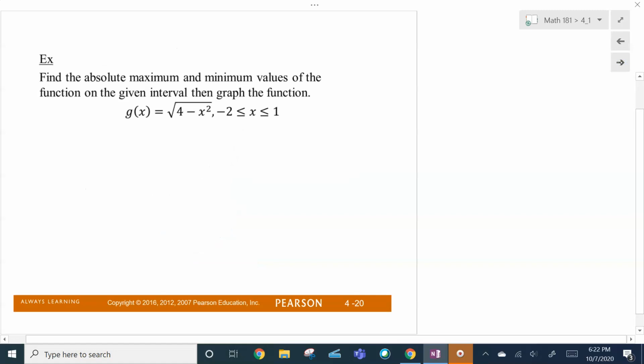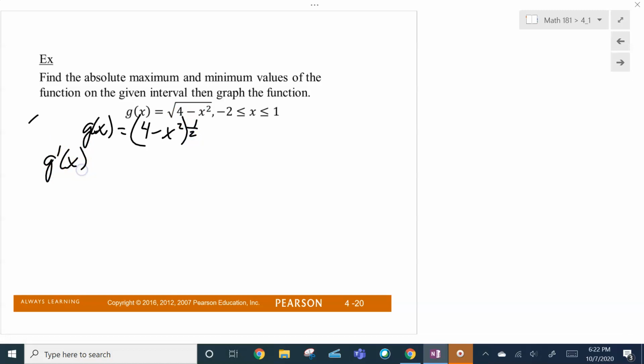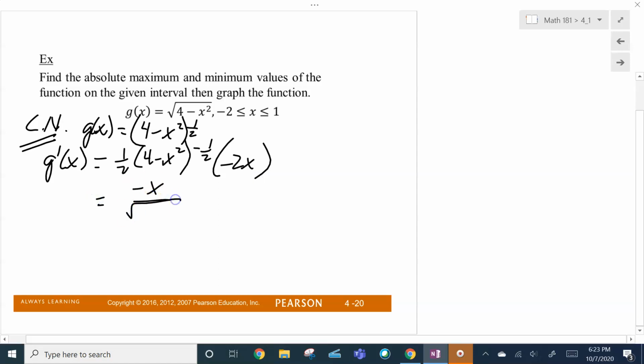All right, find the absolute max and min of the function on a given interval and graph the function. So this is g of x, 4 minus x squared all to the 1/2, right? So let's go ahead and find our critical numbers. g prime is 1/2 (4 minus x squared) to the 1/2 minus 1, so -1/2. Chain rule, derivative of the inside. The 2's cancel there, so I got -x over square root of 4 minus